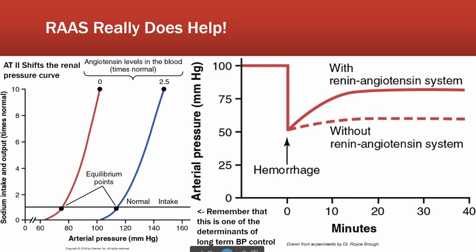The renin-angiotensin-aldosterone system is to keep you alive after an injury. That's one of its primary roles, right? So, here's a guy playing with a chainsaw again. Terrible accident, doesn't catch the juggling chainsaw. Off comes the arm, okay? So major hemorrhage, right? Without the renin-angiotensin-aldosterone system, if you've lost half a liter of blood to the ground, it